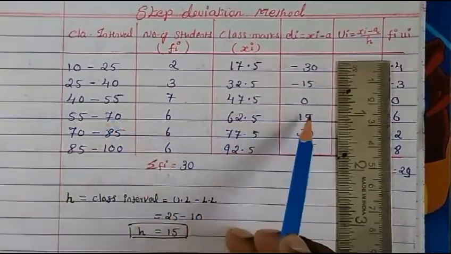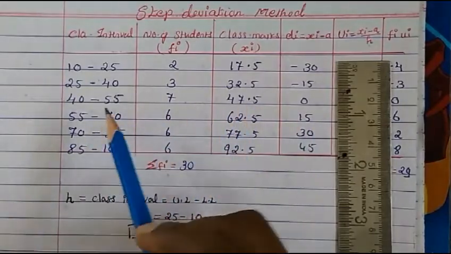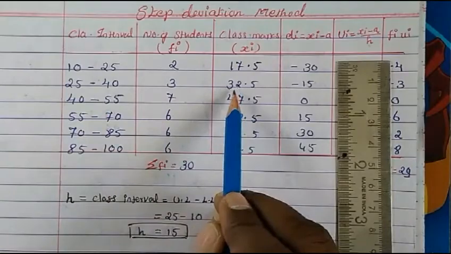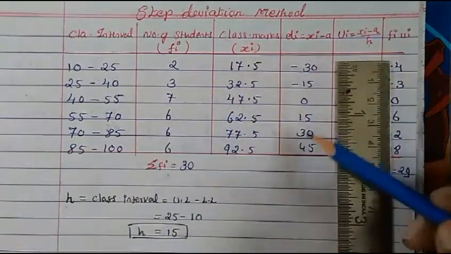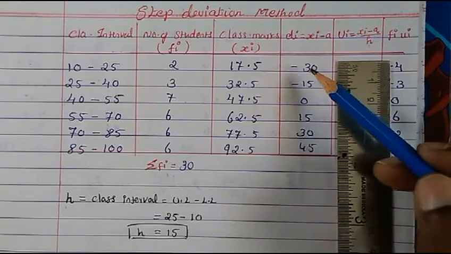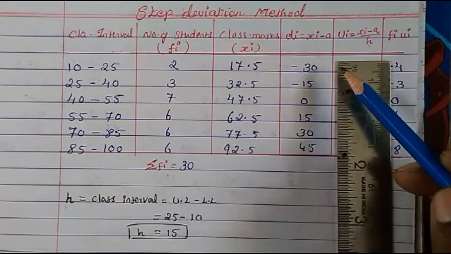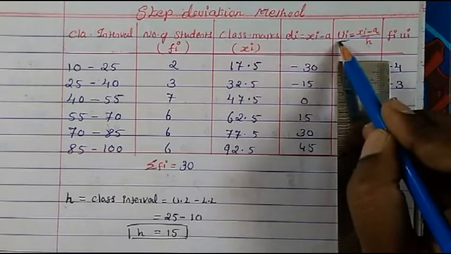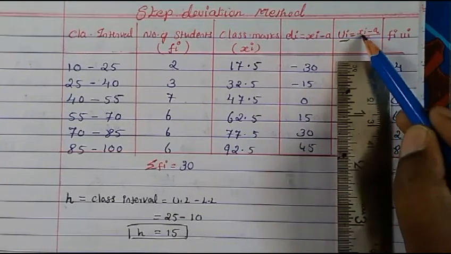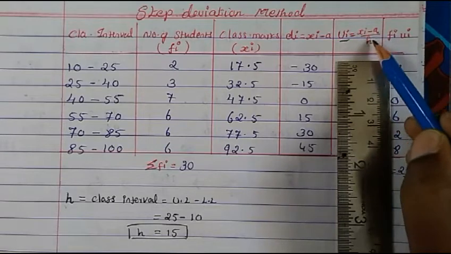All four columns I have written down. What is there already in the assumed mean method, what we have written, this same column: fi, xi and di. So up to here, the same only you have to do. So di there is no calculation as such, I told you. Next, one more column you have to add is ui. Okay, so ui is calculated like this: (xi minus a) upon h.